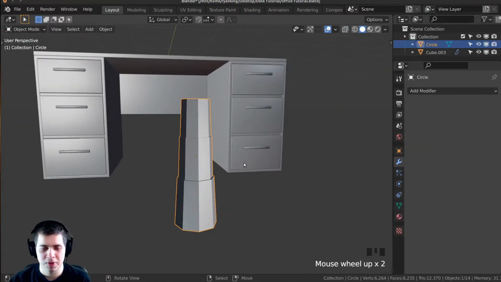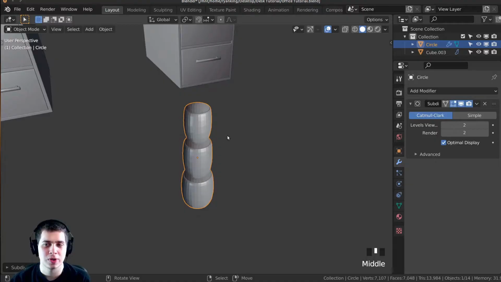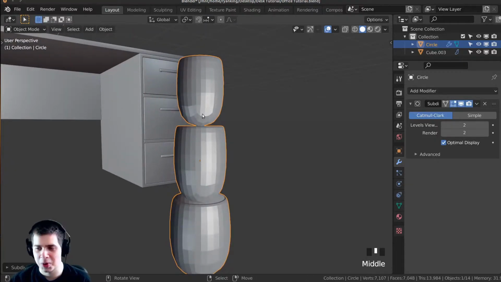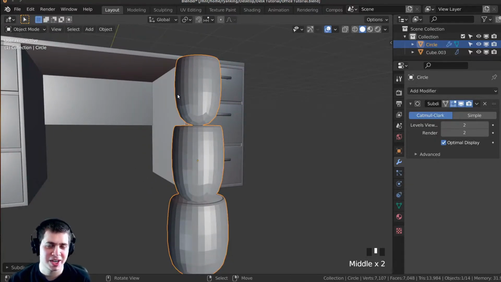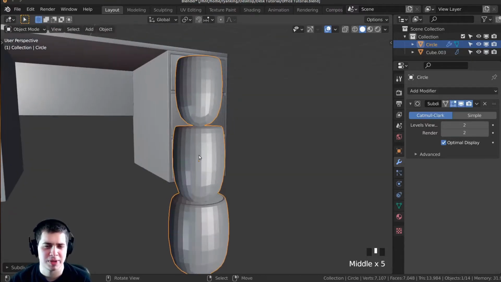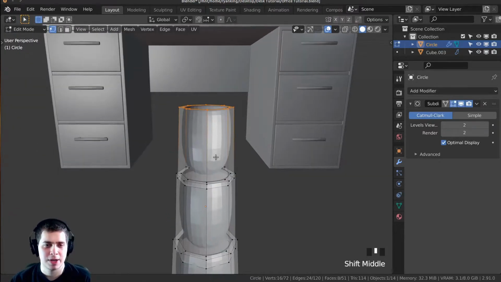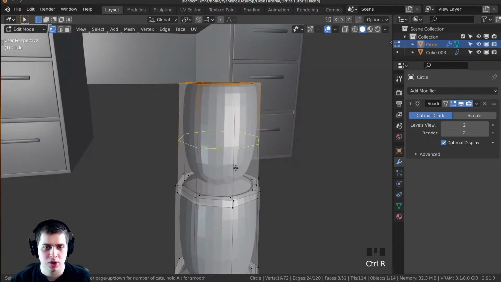So I now need to smooth this out, so I'm going to press Ctrl 2 to add a subsurf, and that totally destroys the mesh. What we need to do is add loop cuts to tell it where we want it to be sharper. So let's tab into edit mode. We need to add a bunch of loop cuts here. So Ctrl R,